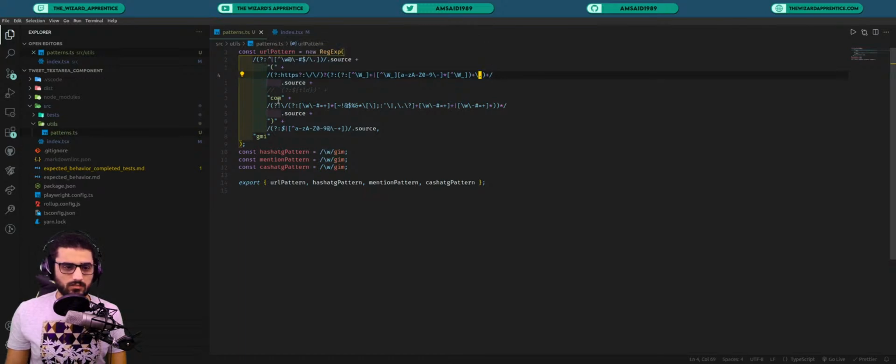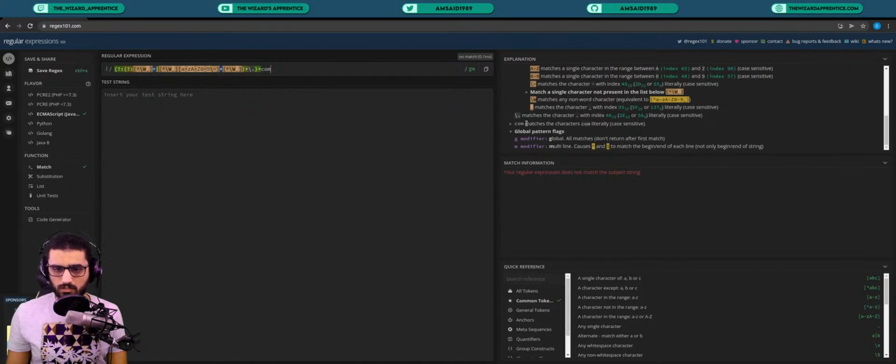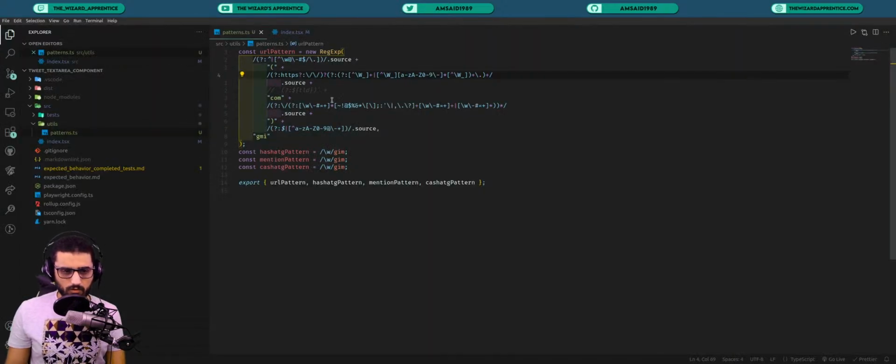And as you can see, we're telling it to find the word com at the end. So if we look here, it matches the characters com literally. And as we said, in the actual pattern, we're not going to be using this. We're going to be fetching the top level domains from a text file and just using them. For the purposes of explaining this, let's just